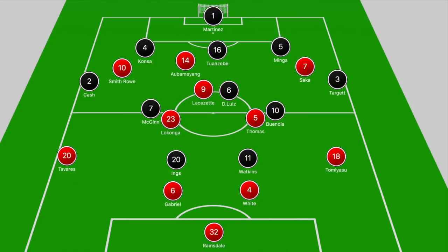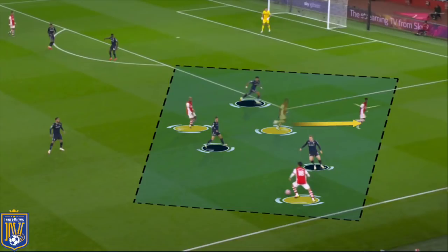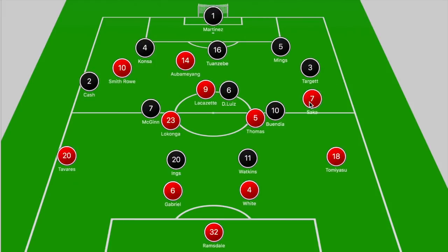In terms of Arsenal's attack, we did see some bright moments where Saka was getting the ball on that right touchline, and there were midfield runs from Lokonga or Lacazette into space behind Targett, and that ensured that there were numbers in that right-sided zone, as on several occasions Saka was often in 1v2s or Tomiyasu was pushing forward into that zone